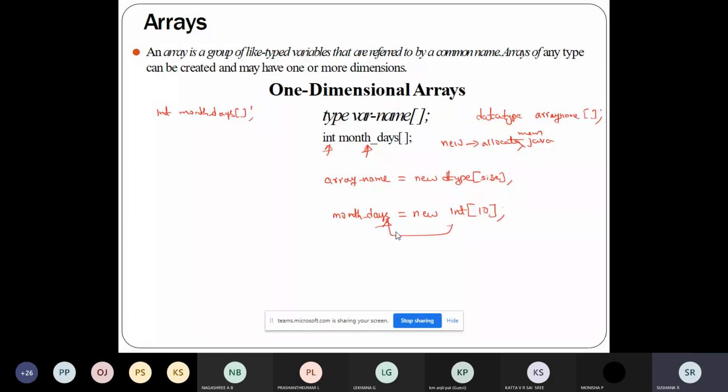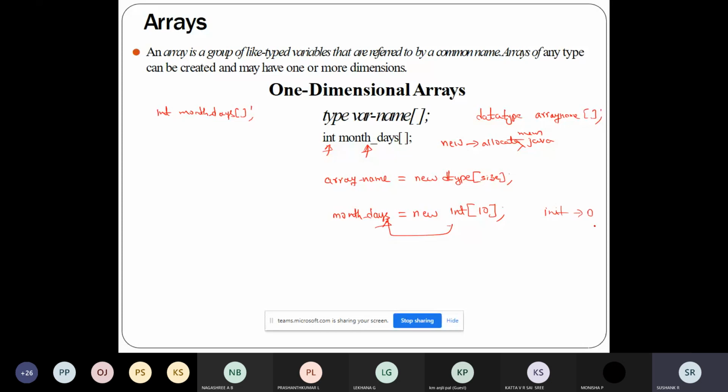It is like you are referring to an array of 10 integers, and all the elements will be initialized to 0.